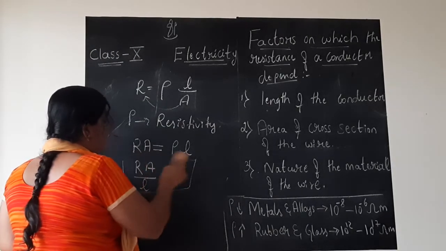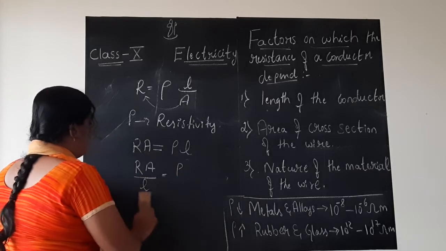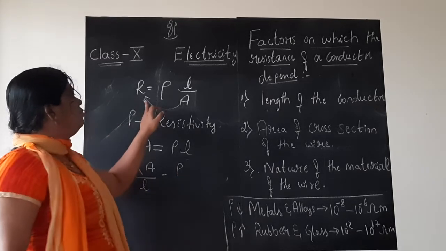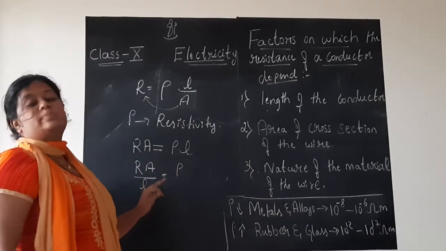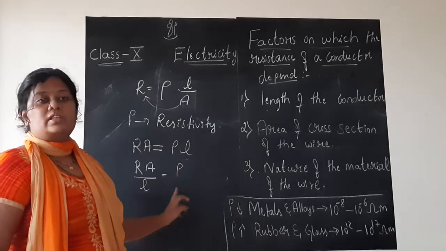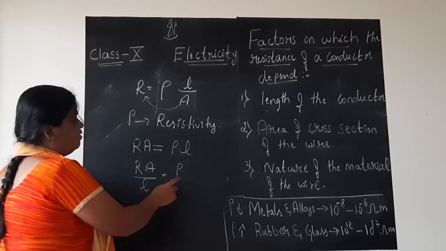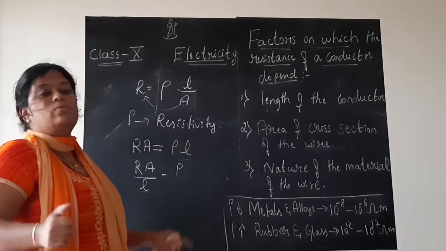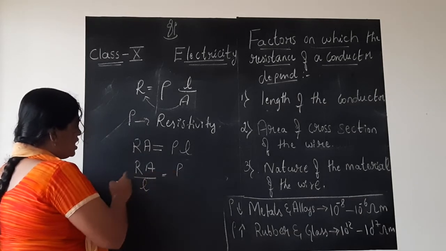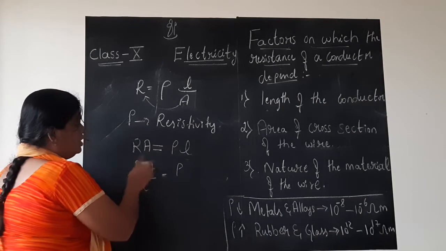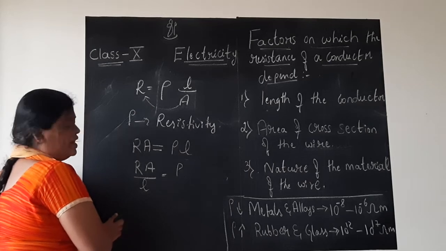Now, you need not remember this formula separately. As I said in Ohm's law, remember the standard one, R is equal to rho into L by A, that would be fine. But this manipulation you should do without any mistake. Now, our aim was to know what is the unit of this resistivity, rho. To do that, let us write the unit of each physical quantity on the LHS now.